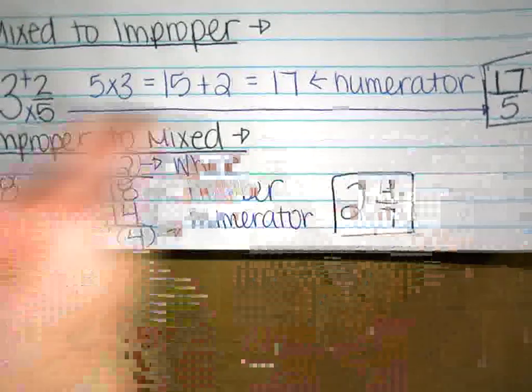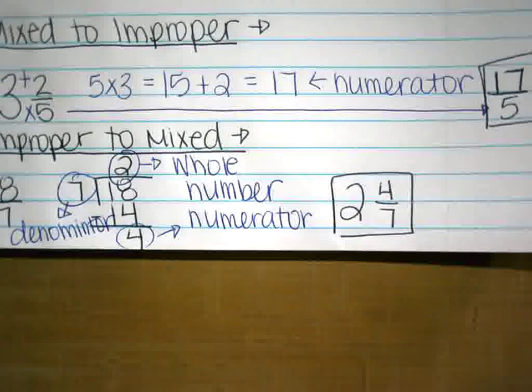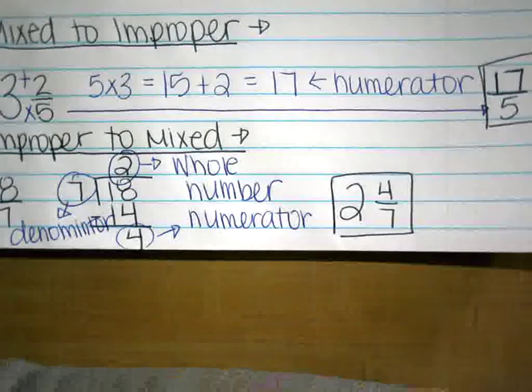And if we were to go from 2 4/7, should we get 18/7? You should be able to go back and forth interchangeably and always get that same answer back no matter what. If you don't, you did something wrong. So you can always double check your answers. Does that make sense? Review? Yes. Remember all this? Yeah. Okay, so